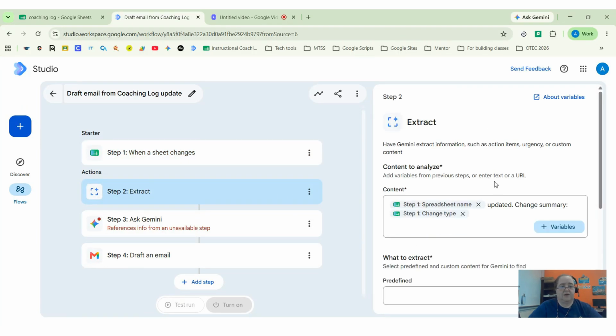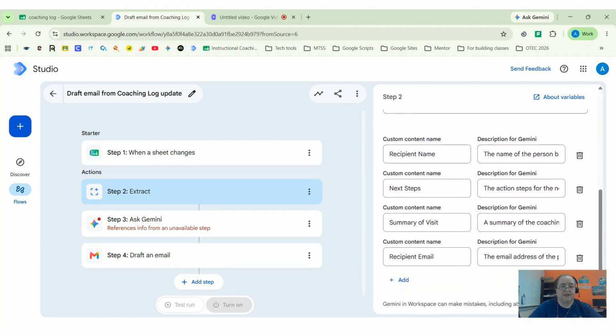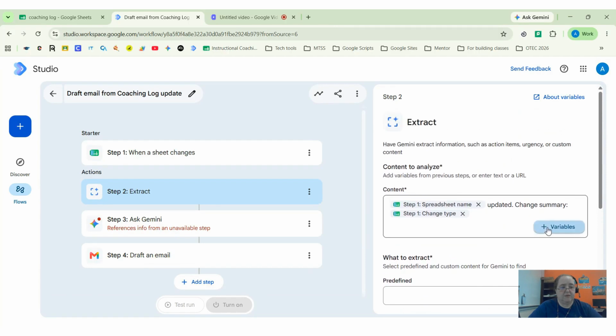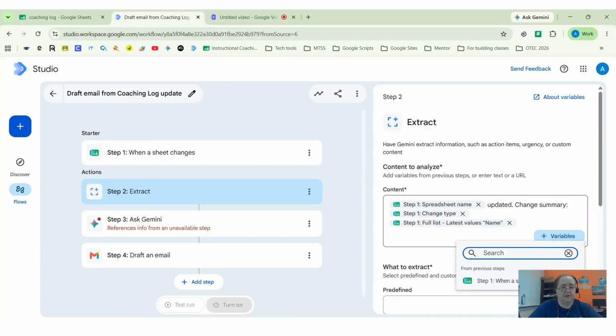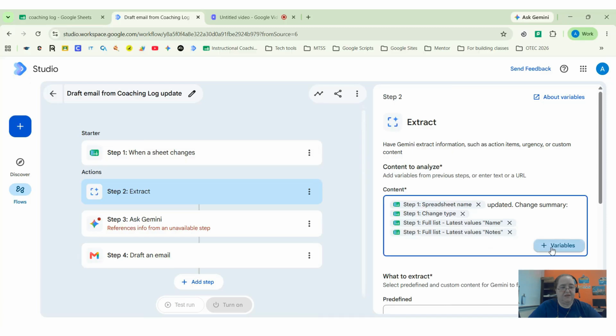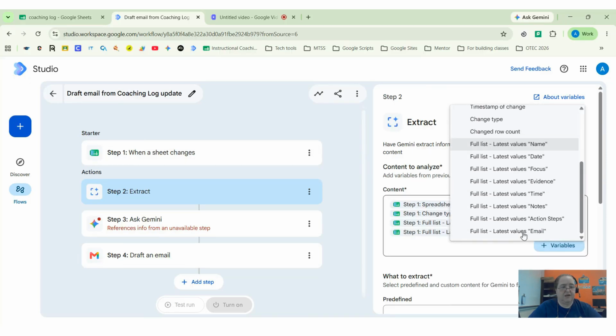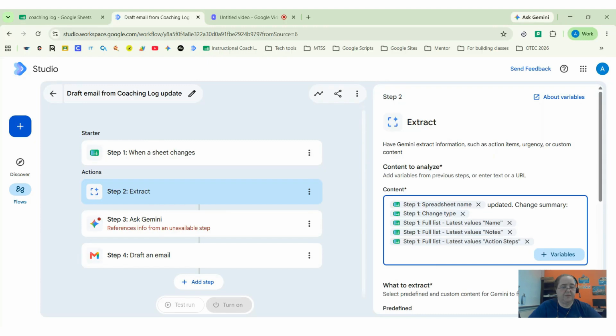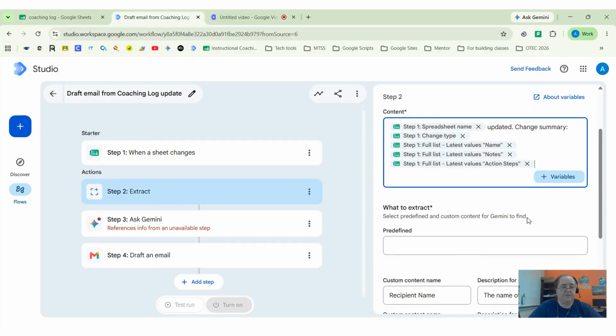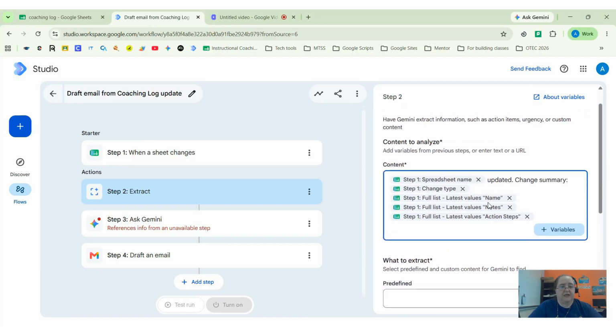Okay, so I'm going to go to extract, and it did not do a good job this time, right? So when the sheet changes, I want it to also extract the name. I want it to extract the notes, and I want it to extract the action step. Okay. So it has all of this content,